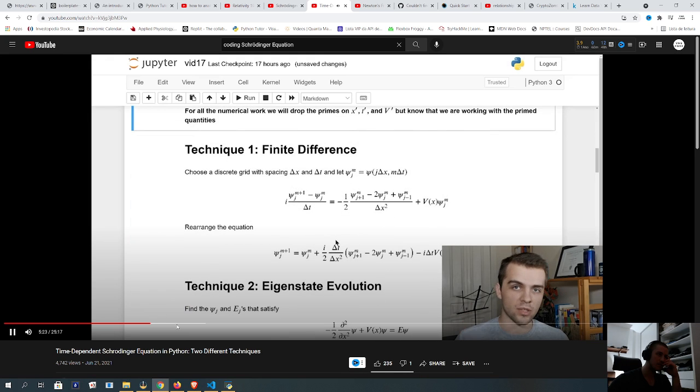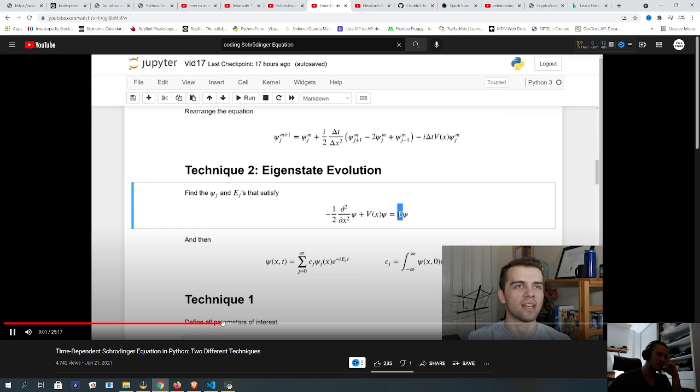So there's two techniques we're going to look at today for solving the Schrödinger equation in quantum mechanics. And so once you have these eigenstates and eigenenergies, like your eigenvectors and your eigenvalues,